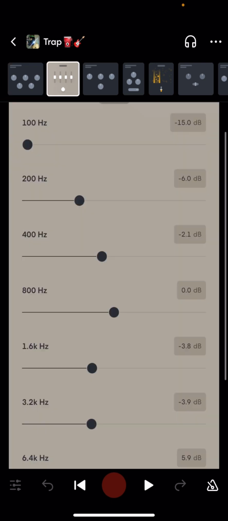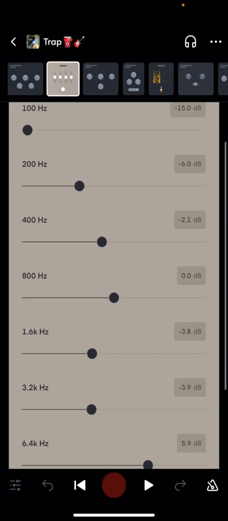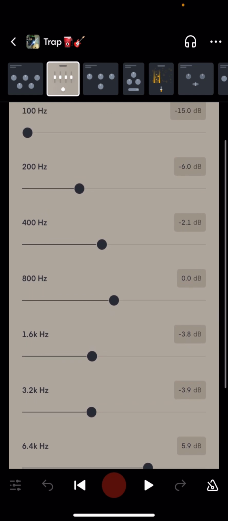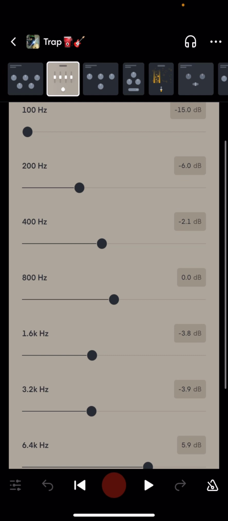Okay, cool then, man. So after that tape simulator, it's time to go ahead and get the tone shaped out, make this vocal sound a whole lot cleaner. So I added an EQ. Y'all know I had to add that graphic EQ like always. I did a whole lot of changes to the EQ. I mean, the mic wasn't that good of a mic, so I had to make a whole lot of adjustments.